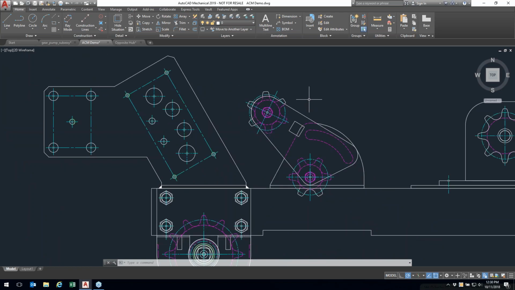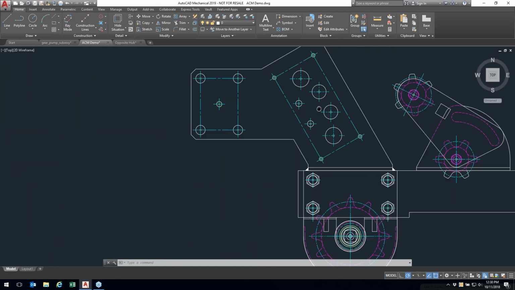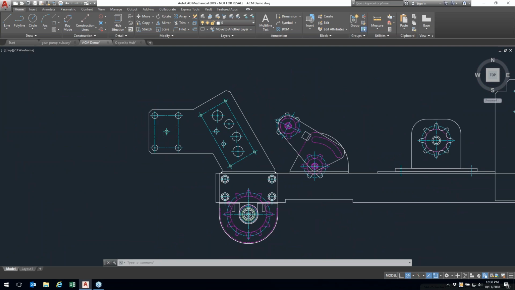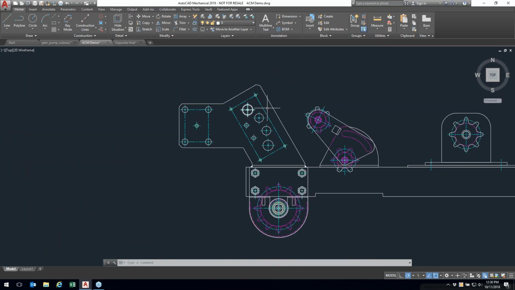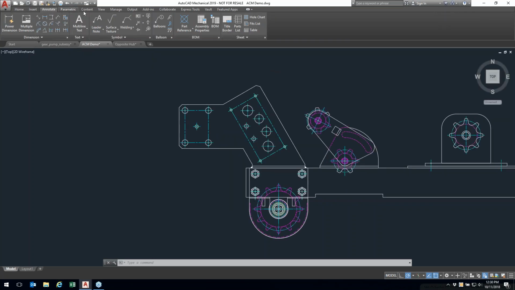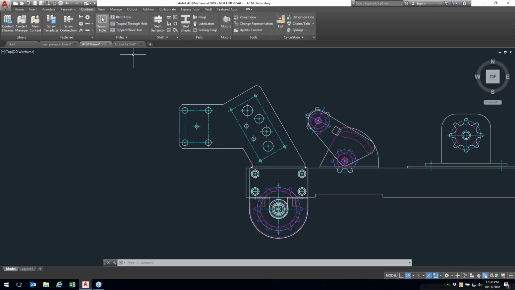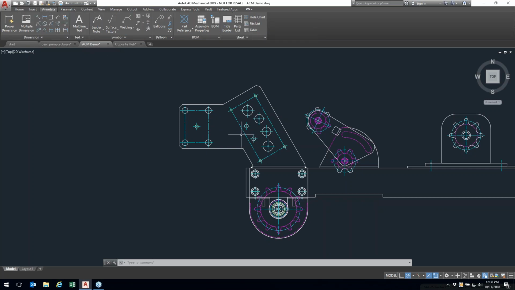So some other things that I can do inside the space. I've got a number of holes over here, and I want to just quickly generate a hole table for these holes. One thing to note is I did use the content data for the through and blind holes as required in here to generate those views. They're not just circles. But now that I have that, I can come in and get a hole chart from